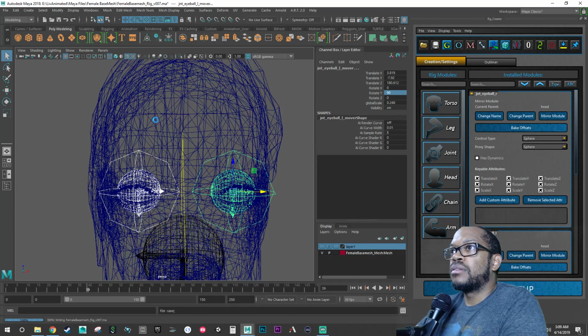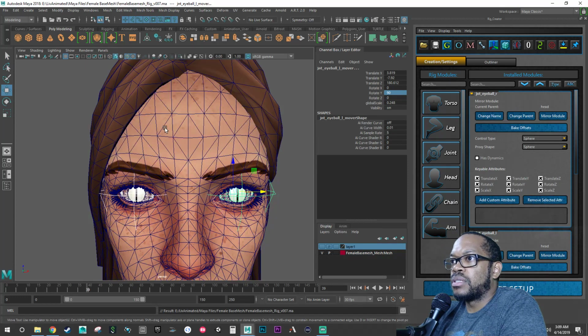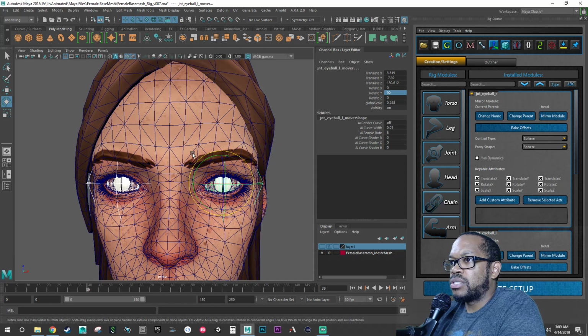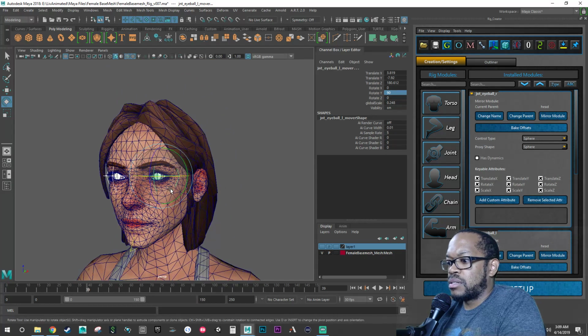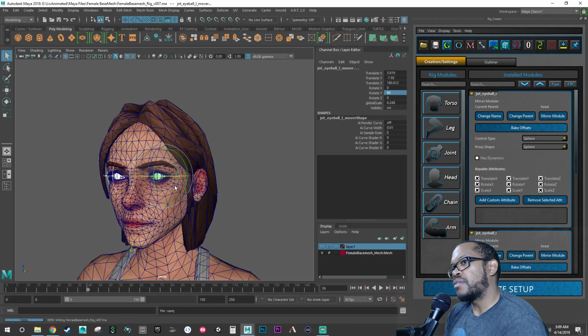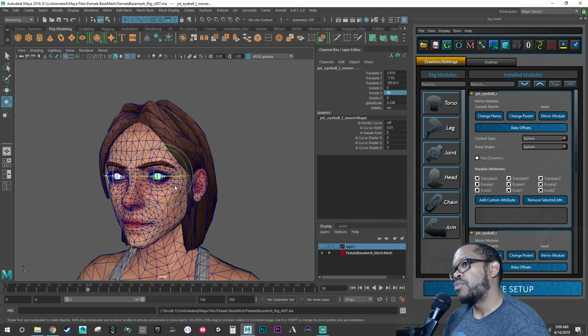Save your file before we start messing around with stuff. Turn on that again. Let's go to rotation. You see they both roll up, they both roll down, they both roll over. Perfect. All right, so there's our eyes. So now we have our eyes. We want to duplicate exactly where those are, and probably we can change